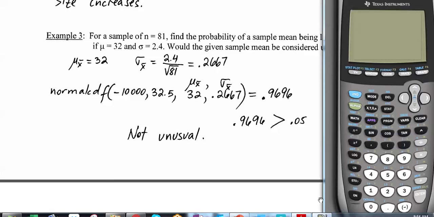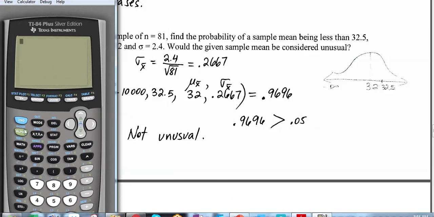So we should be able to compute this using our normal CDF calculation. We go second, distribution, normal CDF. Because the shaded region goes all the way to the left, the lower bound should be negative 1 E99. The upper bound, or right bound, of our region is the 32.5. Now we just need to enter the mean and standard deviation. Because this is a computation in the sampling distribution, our mean needs to be mu sub x bar, which was 32, and our standard deviation needs to be sigma sub x bar, which is 0.2667. We go ahead and hit paste and hit enter, and we would find that the probability of that sample mean being less than 32.5 would be about